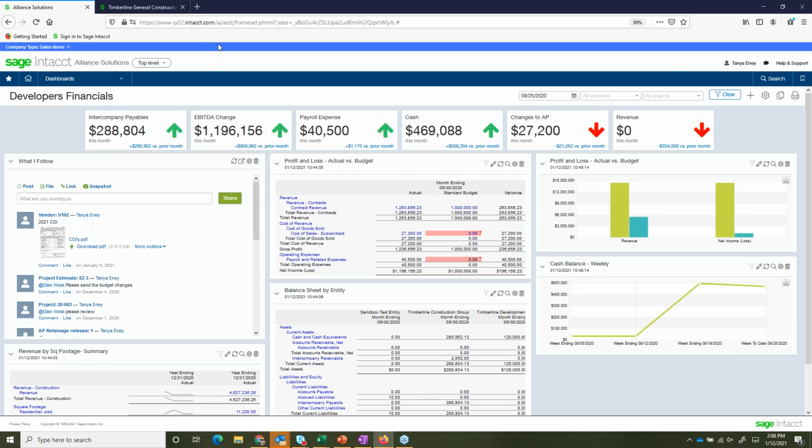So I'm logged into Sage Intacct as an admin, so I can do and see everything. You will probably have different users set up that will have different security roles in the company. They may be able to do everything, or they may be restricted to a very specific area of the product. But as you can see when you log in, right away you're greeted with a dashboard. Sage Intacct is a very dashboard driven system that most users come back to for gathering information. A lot of times with systems we're used to going to a report, pulling a new report, exporting that report to Excel. I think you'll begin to find with a system like Sage Intacct that we can access pretty much everything we need from our dashboard. So it really changes the way we